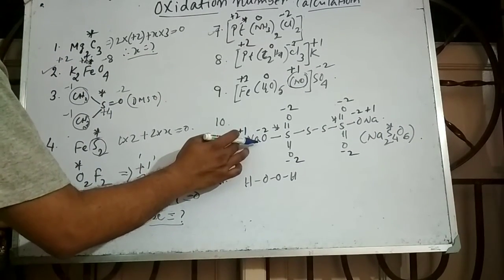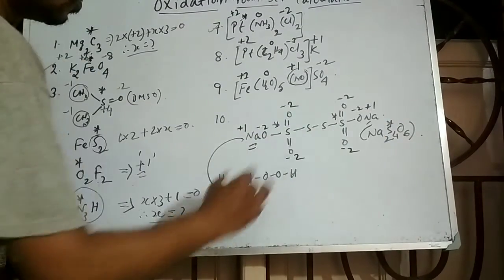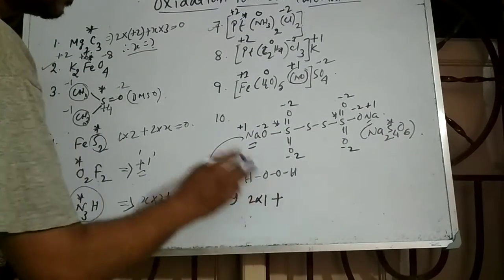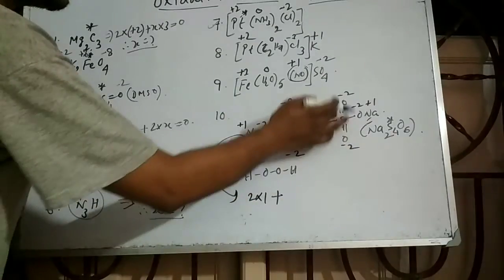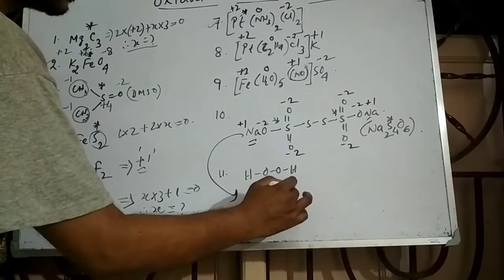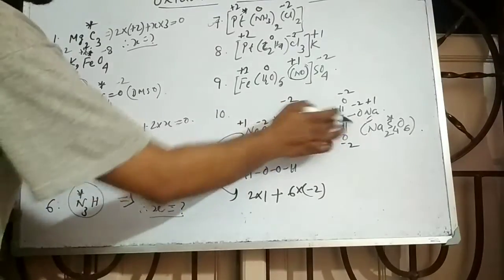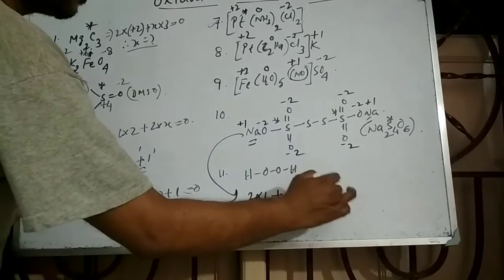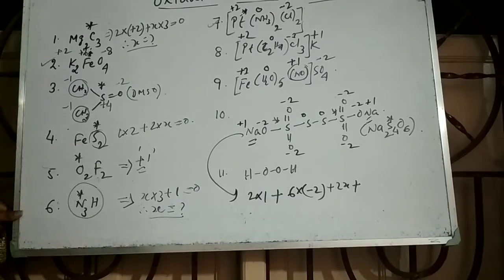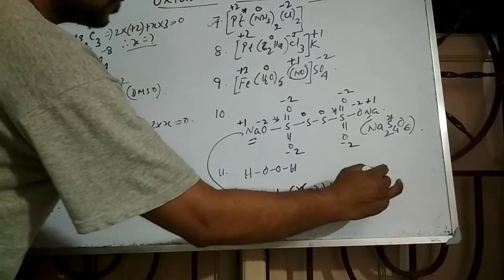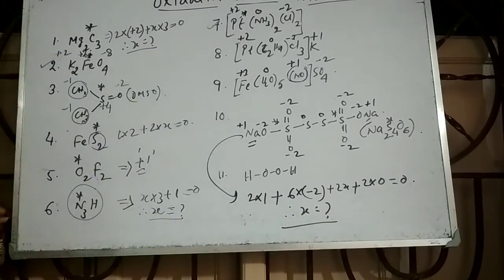Ultimately, so again we made it. Sodium 2, so 2 into 1, oxygen at 1, 2, 3, 4, 5, 6, 6 into -2. Sulfur x plus 2x. This sulfur is considered 0 because there is no electronegativity difference. So this is 2 into 0 equal to 0. Then you can calculate the x is equal to